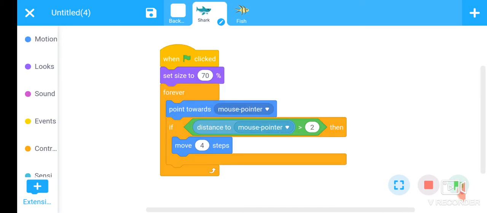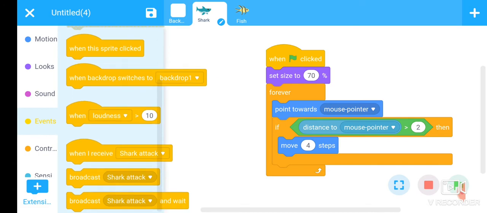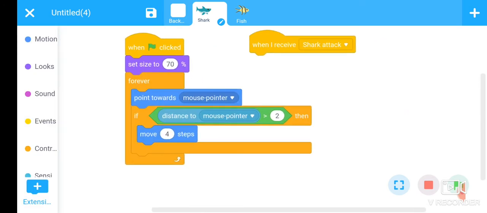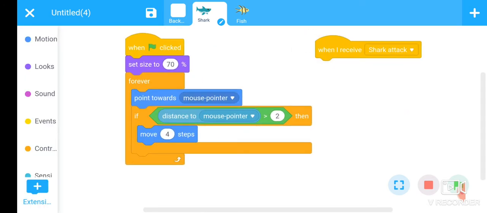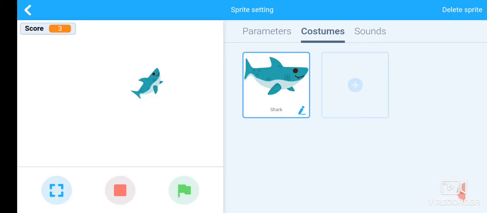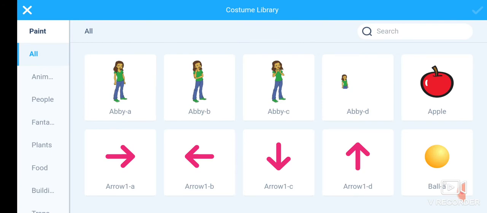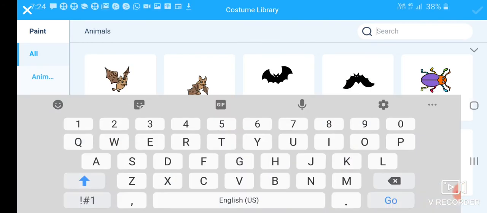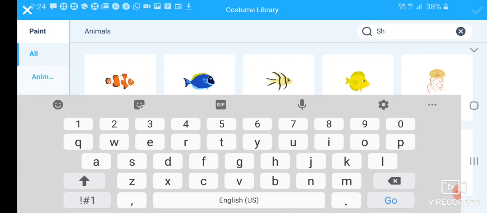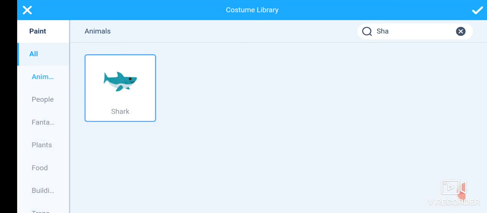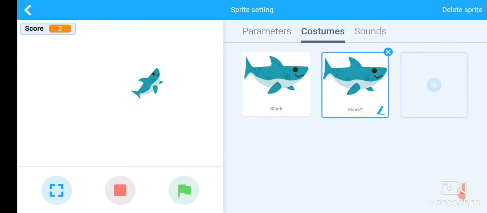and whenever we receive this message, we want to add another costume. We want to generate another costume here. For this, go to the plus section and again type here shark. Okay, and modify this costume.